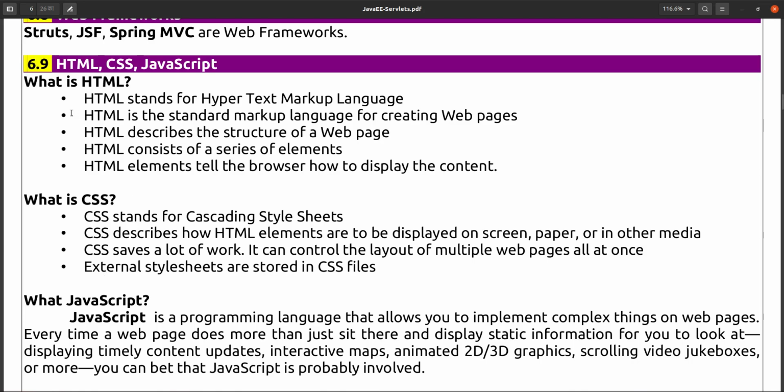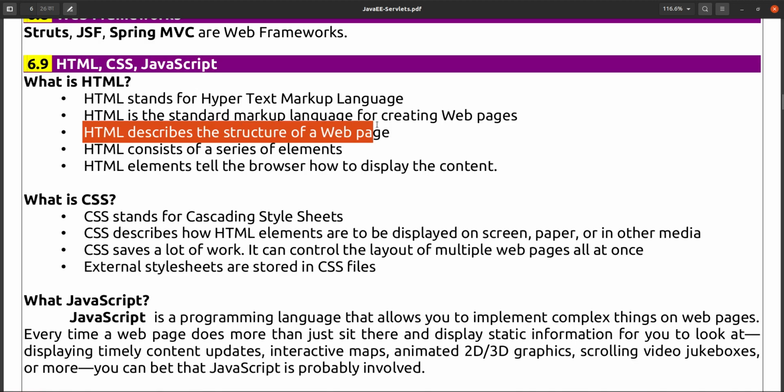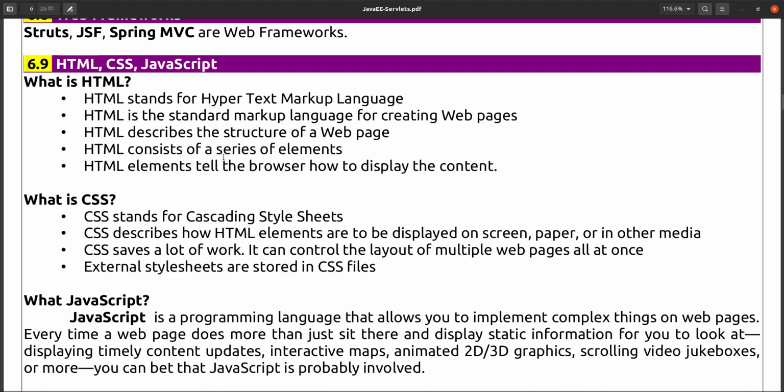So what is HTML? HTML is nothing but Hypertext Markup Language that can be used to develop web pages. HTML is a standard markup language for creating web pages. HTML describes the structure of web pages. HTML consists of a series of elements, and HTML elements tell the browser how to display the content. Simply, you can say that to develop any UI,